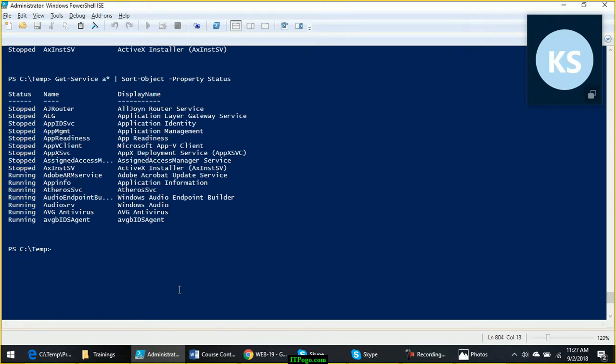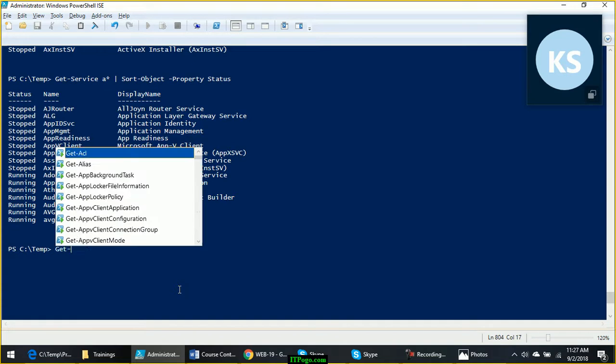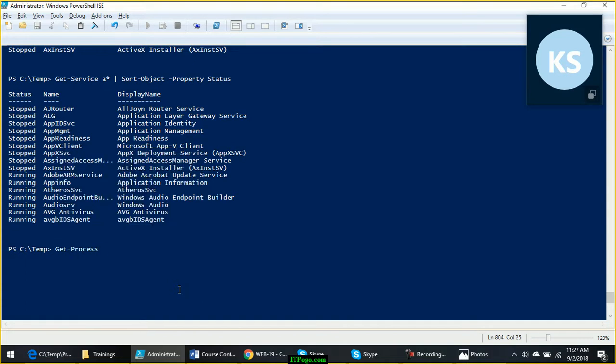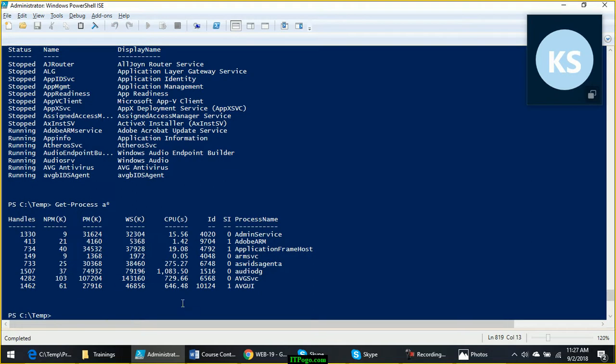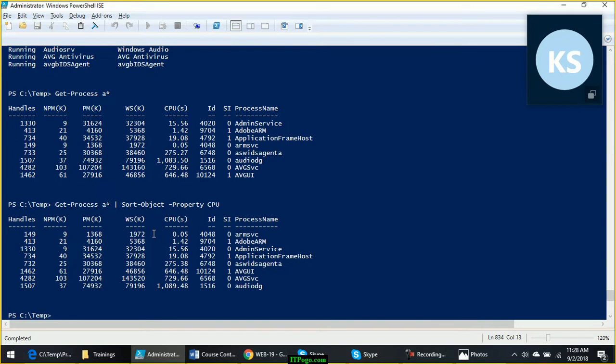Now when I use Get-Process a*, all the processes where name begins with A, if I want to sort it, Sort-Object based on the property CPU. Is it able to sort? Yes, it is able to sort it in ascending order.